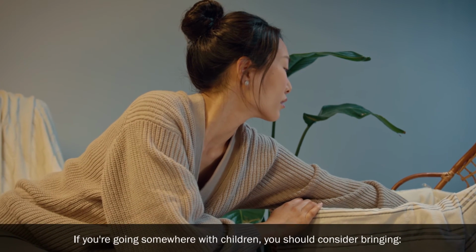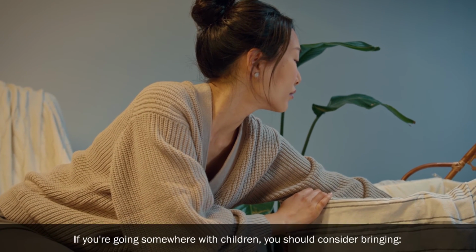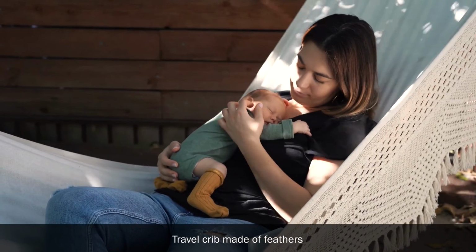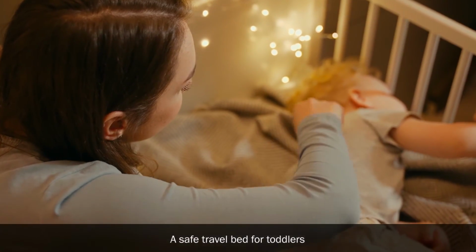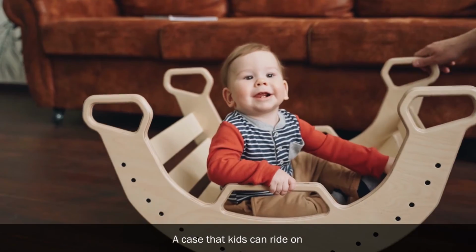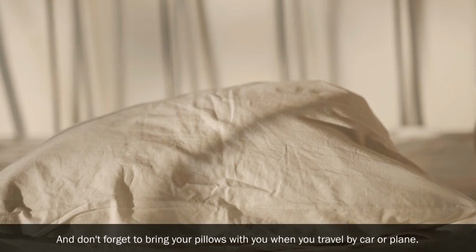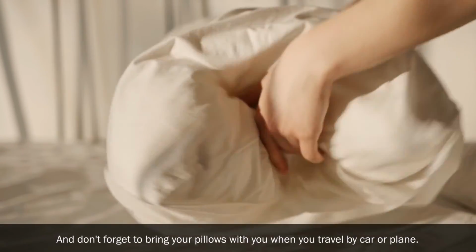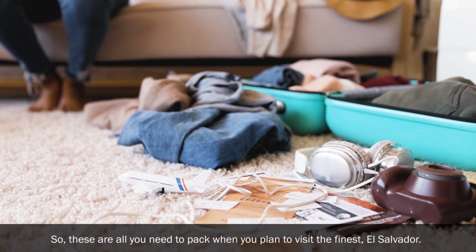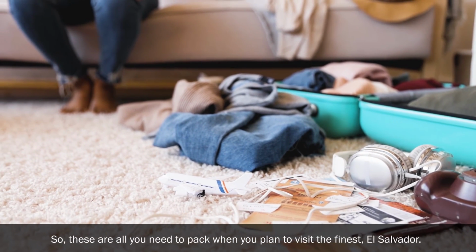If you're going somewhere with children, you should consider bringing a small travel stroller, a lightweight travel crib, a safe bed for toddlers, a hook for travel on a chair, a case that kids can ride on, and don't forget to bring your pillows with you when you travel by car or plane. So, these are all you need to pack when you plan to visit the finest El